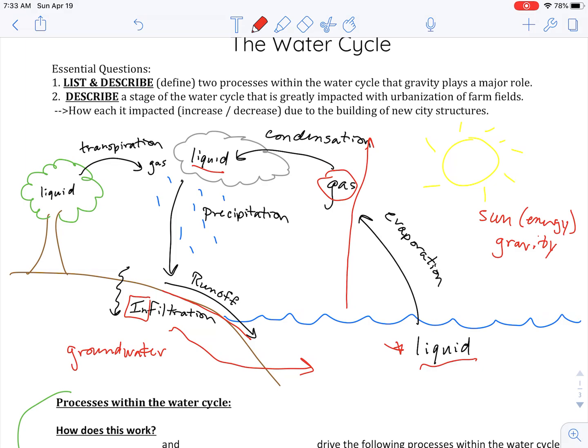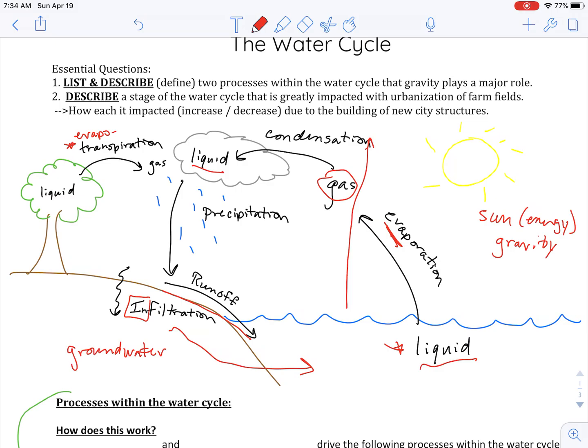The last nuance here is transpiration. Some people call it evapotranspiration. To me, sometimes that helps because we know what evaporation is. It's just turning liquid water into gas water. If you add that evapo to transpiration, it kind of helps you remember what's going on. So again, in this case, we're taking liquid water into gas water, same process due to energy from the sun. But now it's happening on or in the leaves of vegetation. Okay? So that should take care of our little review.